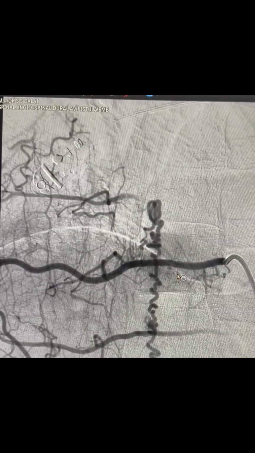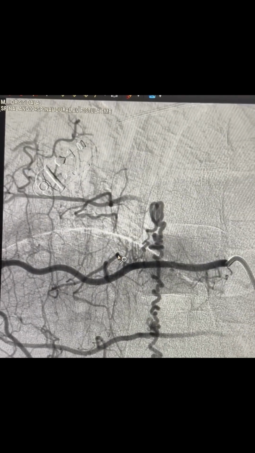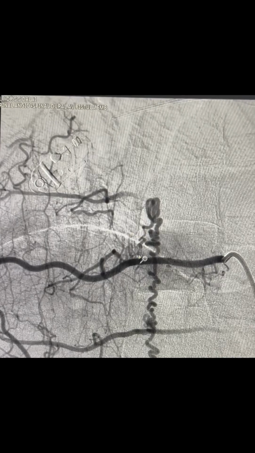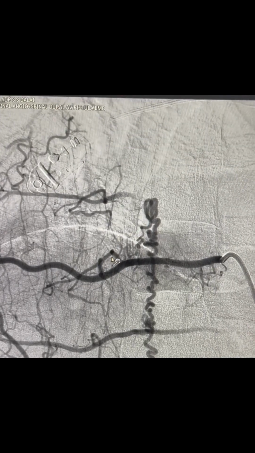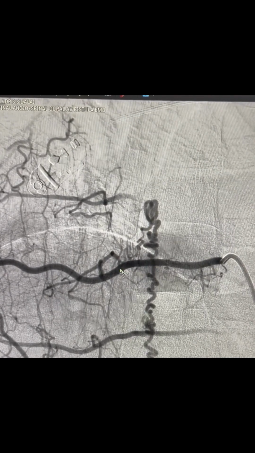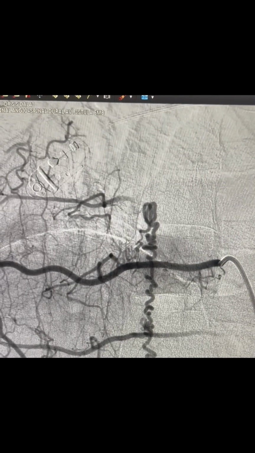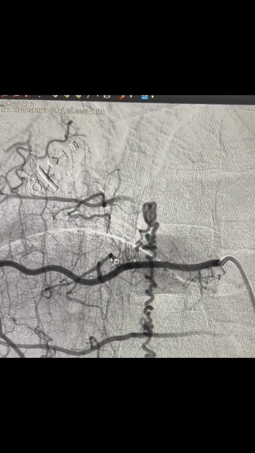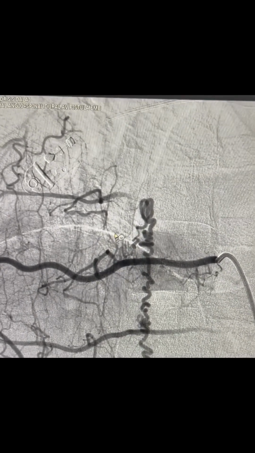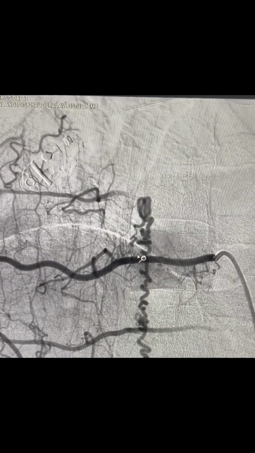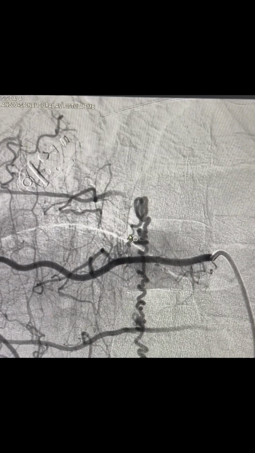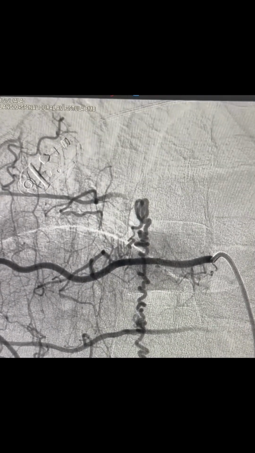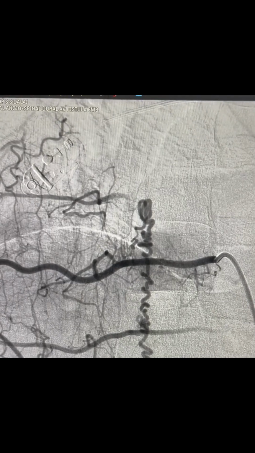So basically a fistula will have an artery and a vein, and in between the artery and vein, where the normal capillary network should lie, instead there's a little bit of nidus, or it's a fistula, and that's why we call it a spinal arteriovenous fistula. And because it is over the dura, we call it a spinal dural AV fistula.